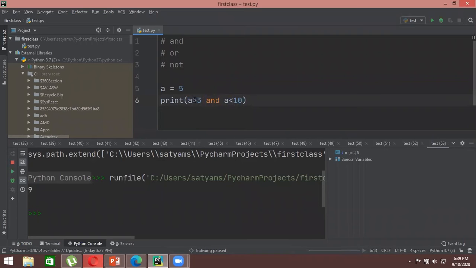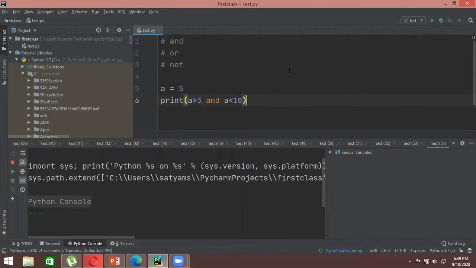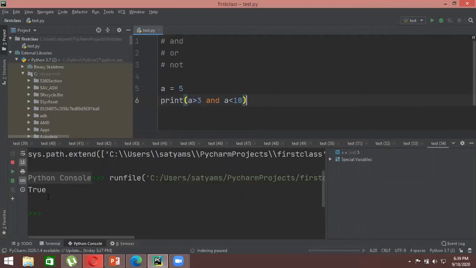In case of or, if either one of the statements is true, the output will be true, right? So here Python will first run this particular comparison. It will say, okay, 5 is greater than 3, so this is true, and it will go to this particular section and say 5 is less than 10, and this is also true. Now if I run it, the final output will be true, because both of the statements are true. So this is how and works. That means when you write an and operator, no matter how many statements you give, you have to consider each and every one of them, right? That's what you are asking Python to do for you. And let's say if you write or here, right?